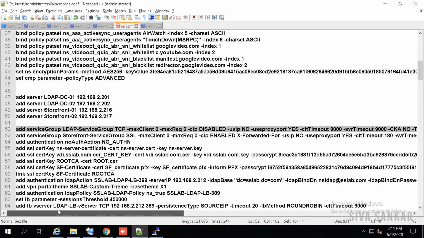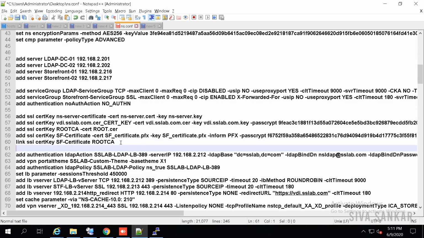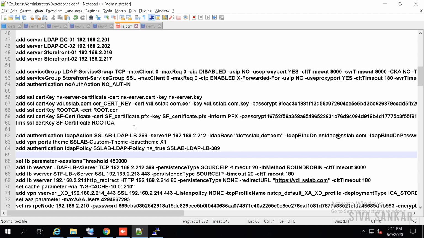Now, after this, you see the first storefront, the service group type is SSL. Once you select this, you will see there add SSL certs. I will segregate all the things separately so that we'll know one by one. This is for SSL. It is saying it has installed a certificate. This is the default certificate in NetScaler. Then it has installed a certificate called add SSL cert key. This is a certificate key file. This is the certificate. This is the key file for that and the password.